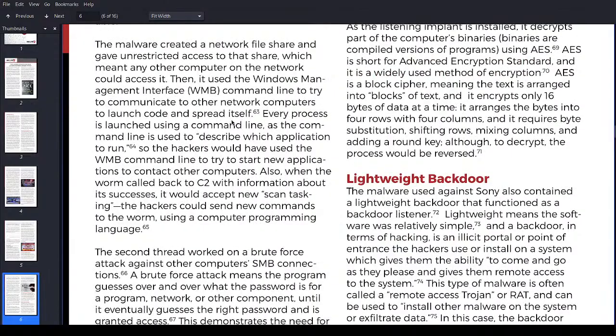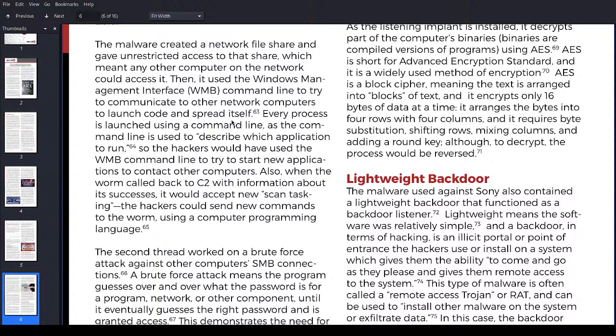The malware created a network file share and gave unrestricted access to the share, which meant any other computer on the network could access it. Then it used the Windows Management Instrumentation, WMI, command line to try to communicate to other network computers to launch code and spread itself.